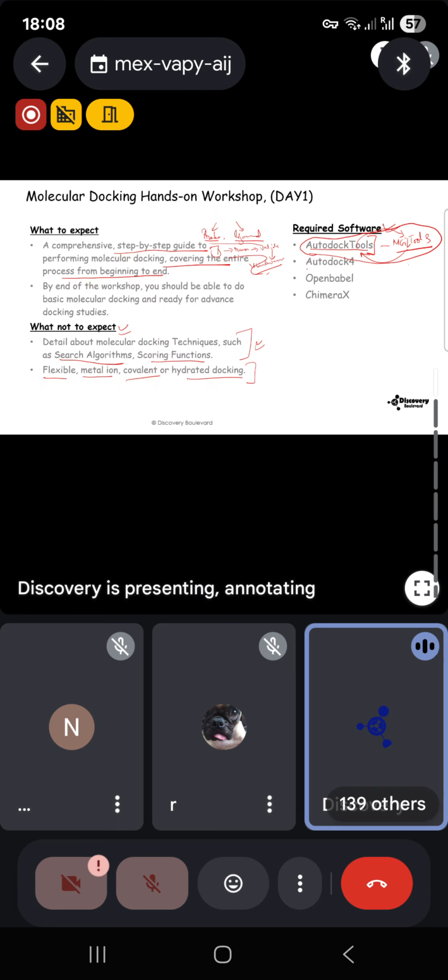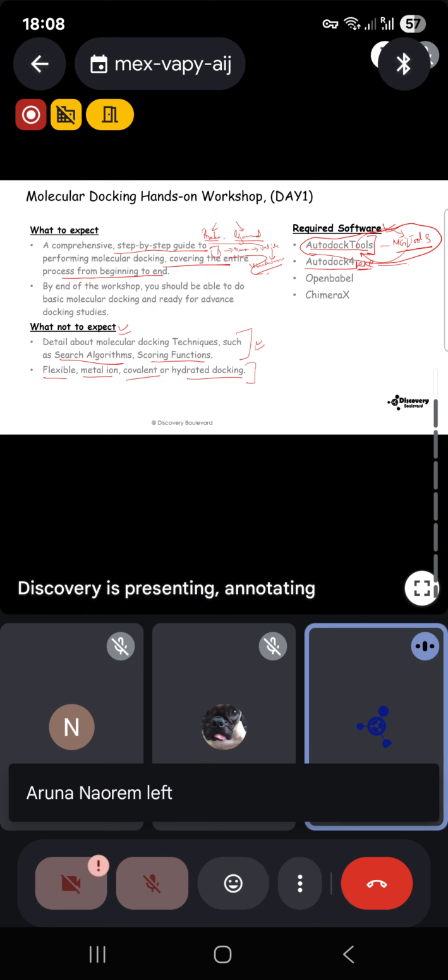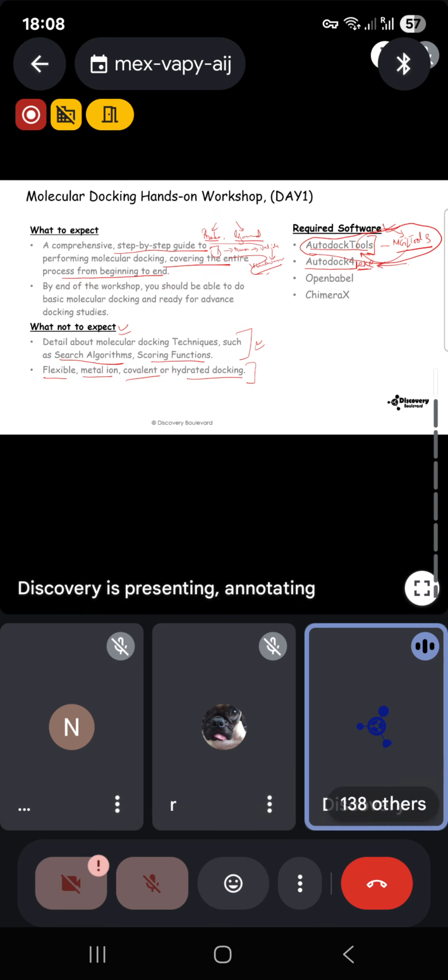Today's main software for running the docking is AutoDock 4. This will be an autodock4.exe file. It is a command line, executable file. It doesn't have any GUI format. So we are going to convert the